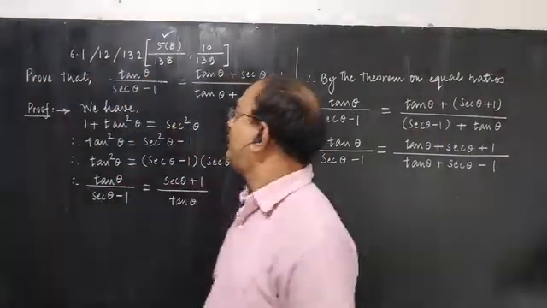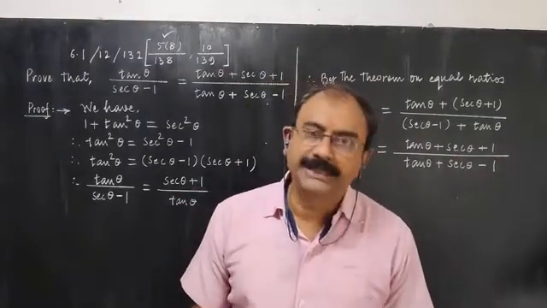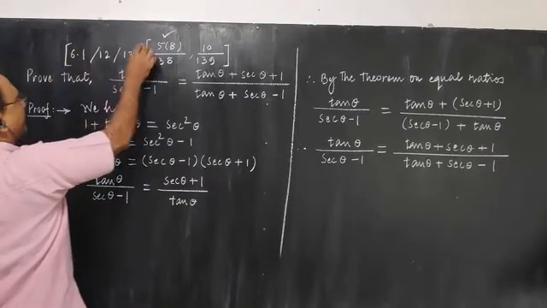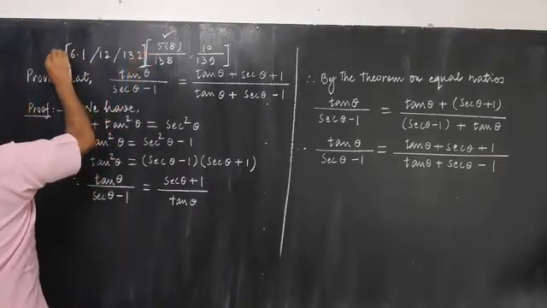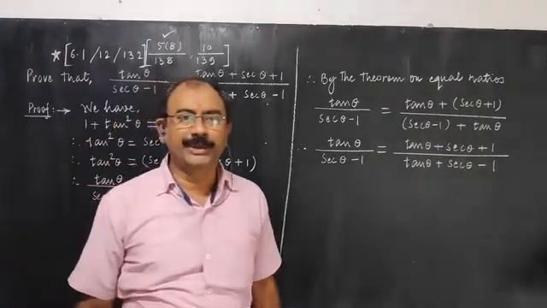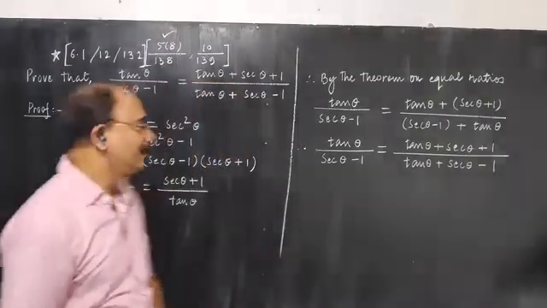Let us solve problem number 12 from practice set 6.1, page number 132. This example, okay, I may put a star, 1 star for this example because this is totally based on a different line of action.